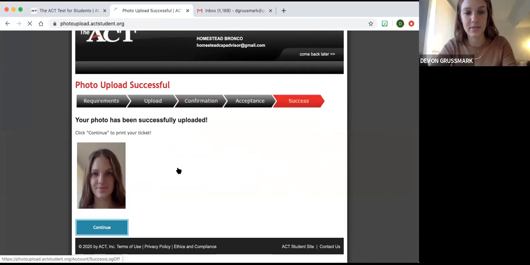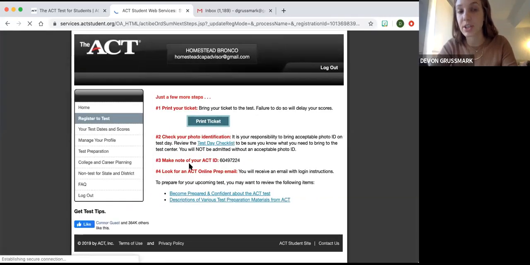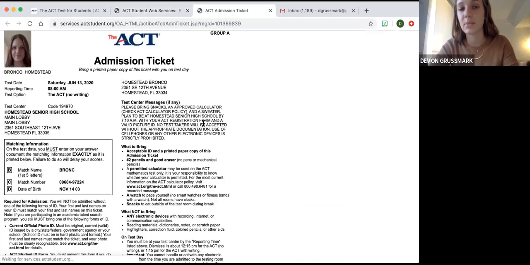and continue. All right, and now you have finished registering for the ACT, but you're not done with your process completely. This part is very important or else the school's not going to know that you registered for the ACT. So it's very important that you click print ticket. You will need to bring this ticket with you on the day of the test to your test center, which should be Homestead Senior High School. On the day of the test, you need to bring this with you and another form of photo ID. So your school ID, if it has your picture on it, your driver's license, passport, any ID